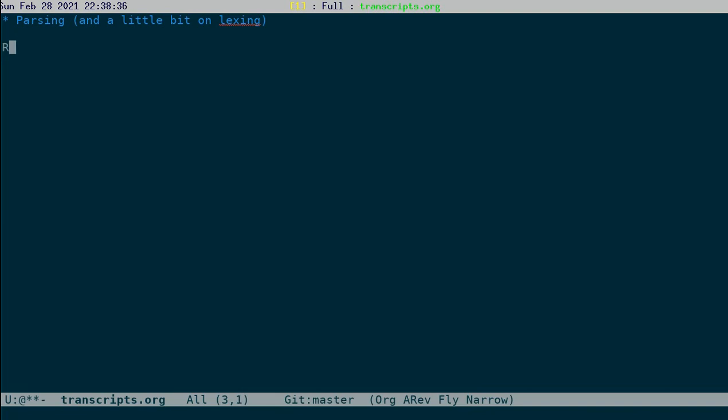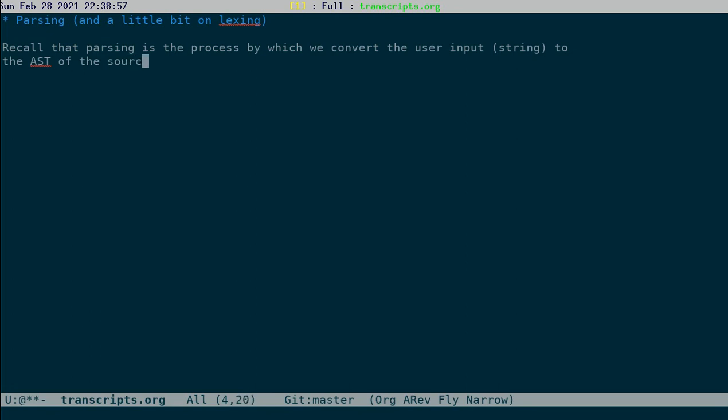Recall that parsing is the process by which we convert the user input, which is a string, to the abstract syntax tree, the AST, of the source string. Okay. So in this lecture I explain how this is done. The parsing involves two things: